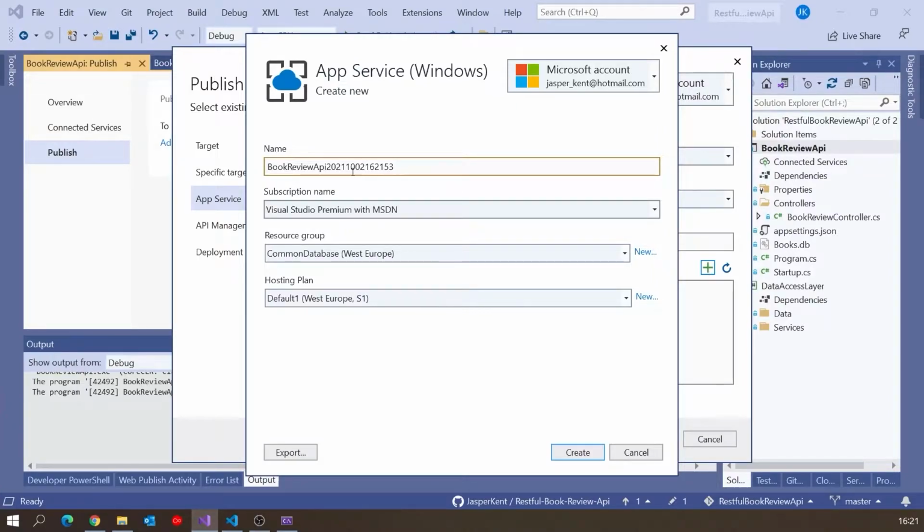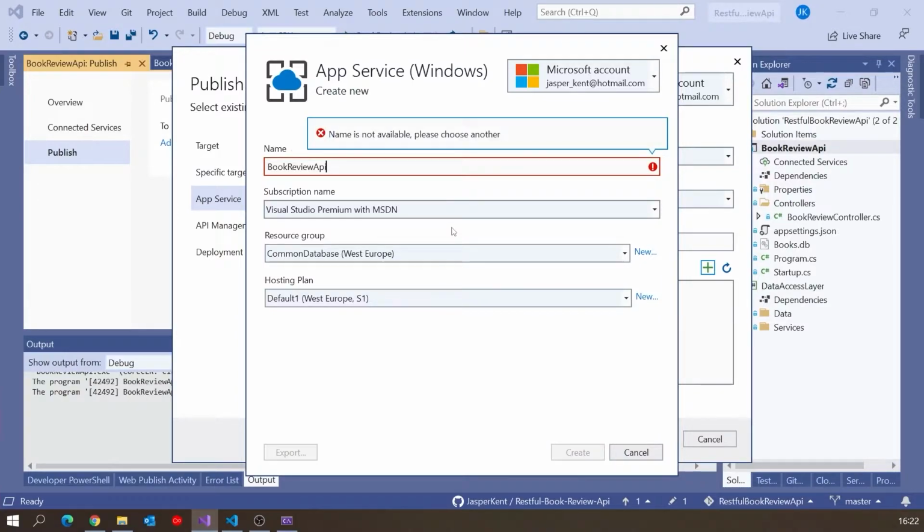So, well, actually, first thing I'm going to do is I'm going to give this deployed API service a name. So what it's done, it's just taken the name of the project and then added something based on the date on the end of that. Problem is, this actually has to be unique across the whole of Azure.